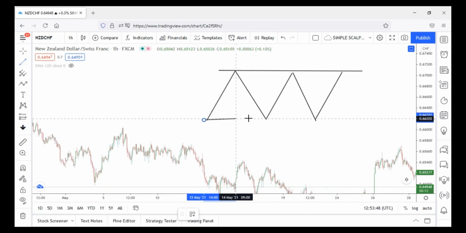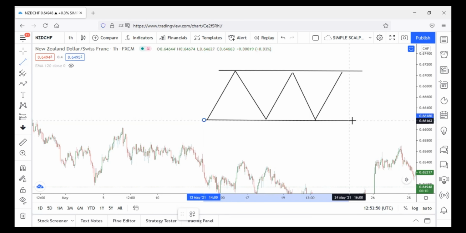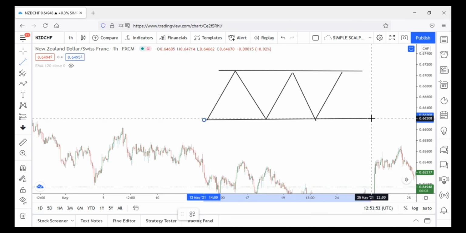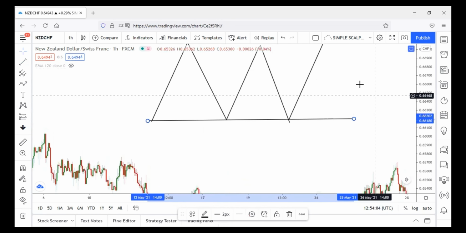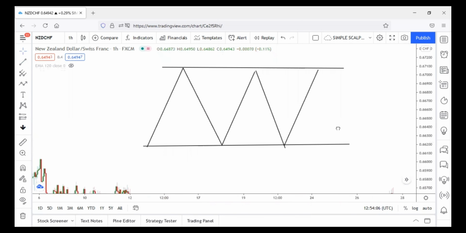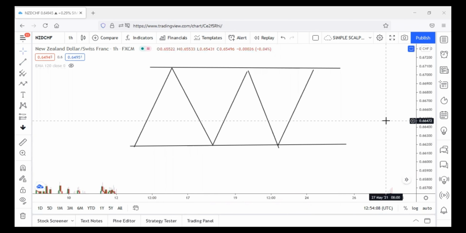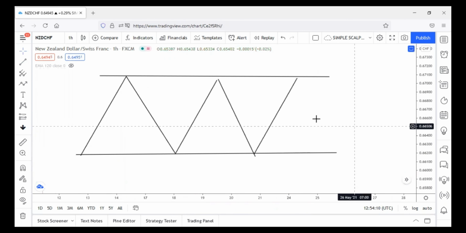So you want to connect the two areas, an area where two or three touches can be found at a point in time. This is how support and resistance look like. This is what you want to look out for in a support and resistance. But now take a look at this, guys. With this,